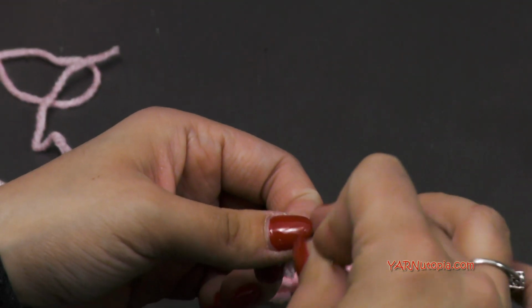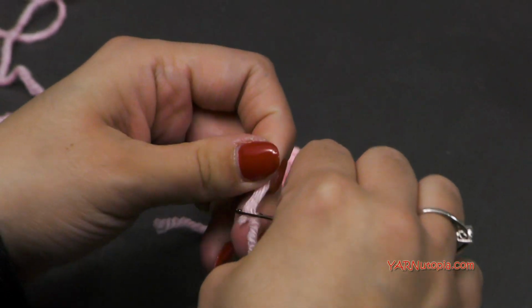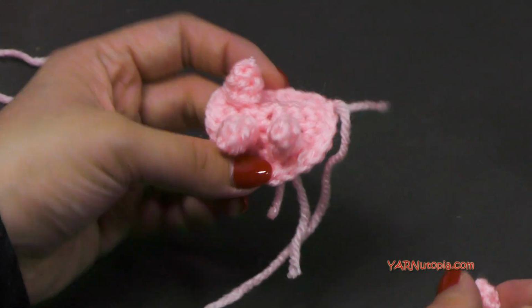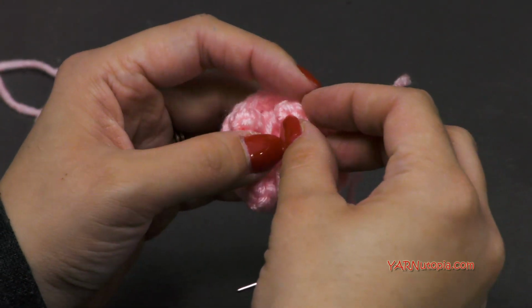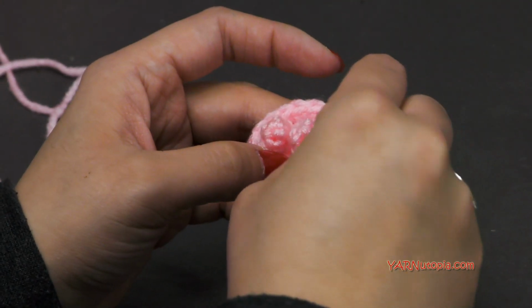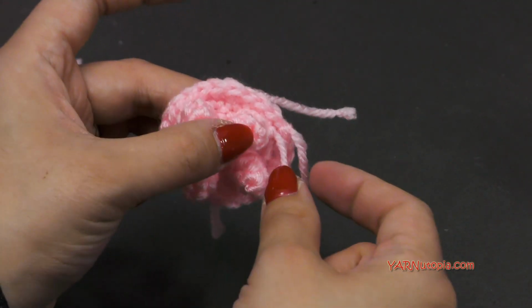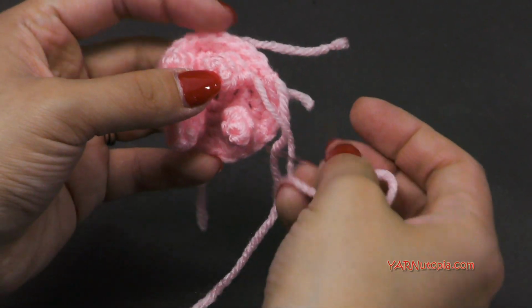So now we're going to sew this on. I'm going to show you how to sew this one on, and then you can sew the rest on according to this little diagram here. So we're going to center it between these ones, just like that. Each quarter of this circle is going to have an udder,